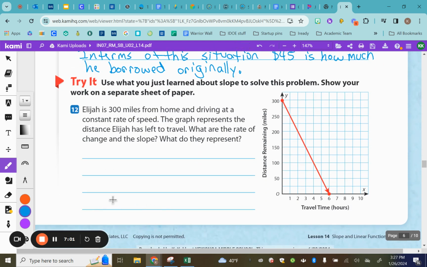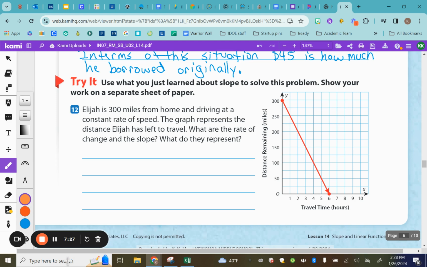Now try question number 12 and check it with the video. When it says what is the rate of change in the slope, that makes it kind of easy for you because rate of change and slope are both the exact same thing. So I'm trying to find a color that will stand out on here. So I know that he is driving home. So his distance from home, the distance remaining, is going to go down